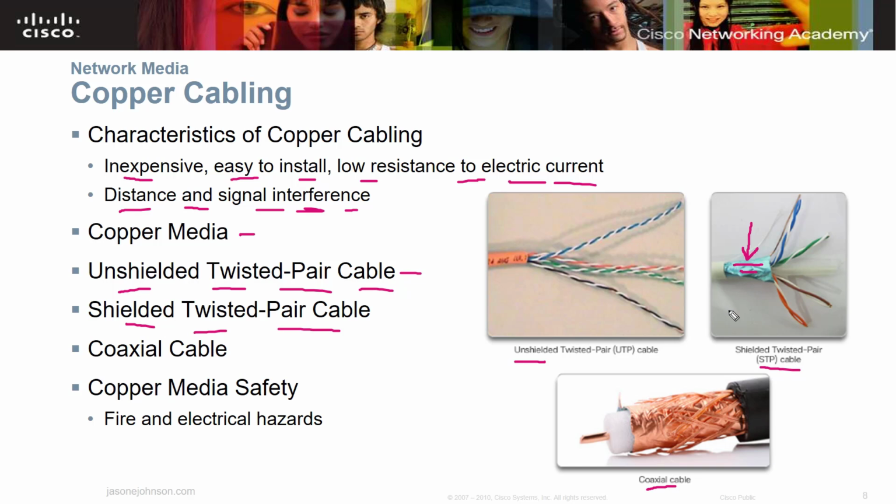The reason we do that shielding, let's say for example you're putting in cabling next to some high voltage lines, or next to some lights that are going to be causing some interference, or you're going to get some kind of electrical interference. So we have to put in shielded twisted pair so that interference doesn't impact the data being sent through those copper cables. And because it's shielded, it's going to cost you more. So unshielded is cheaper, but it's also more susceptible to interference. Shielded is for when you have to have cable that's not going to be interfered with, and it's going to be a little bit more expensive.